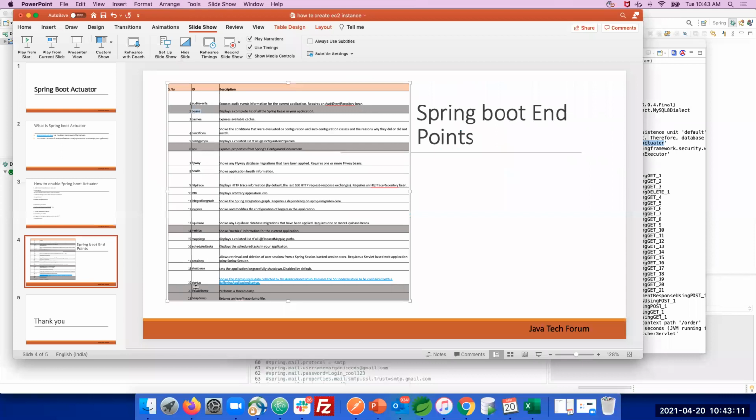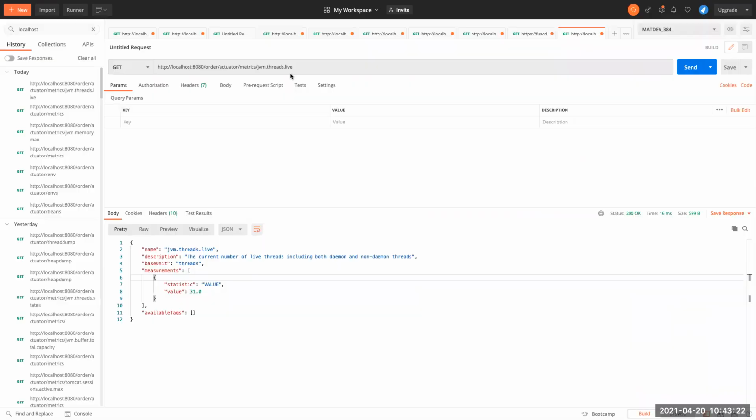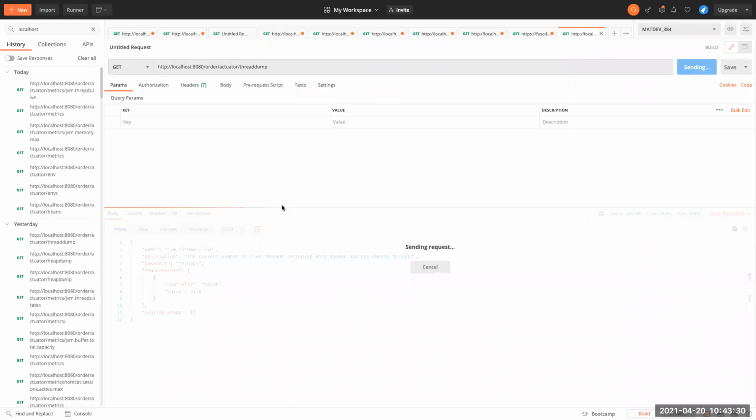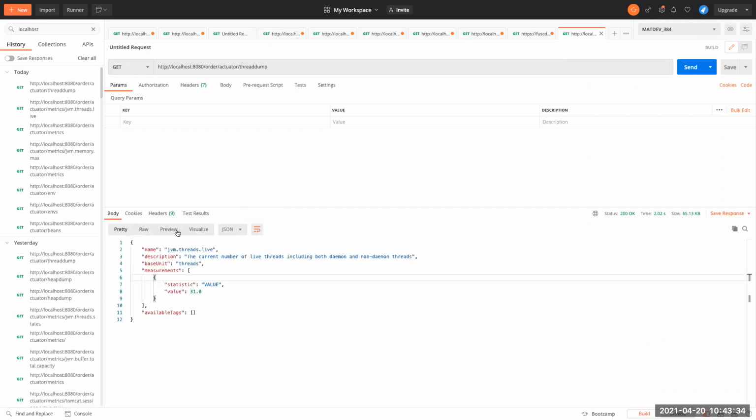The next service will be thread dump. After the activator context, we need to add the thread dump service. Most of them are GET services only.